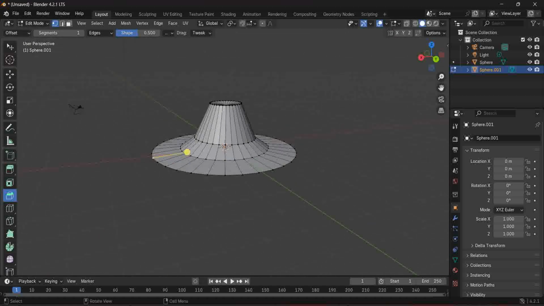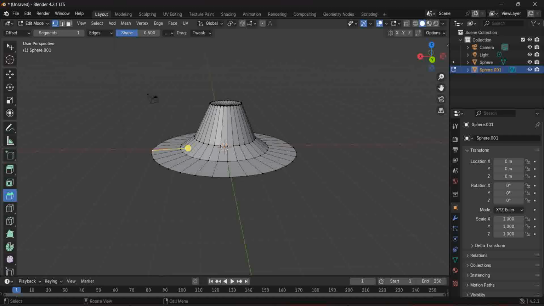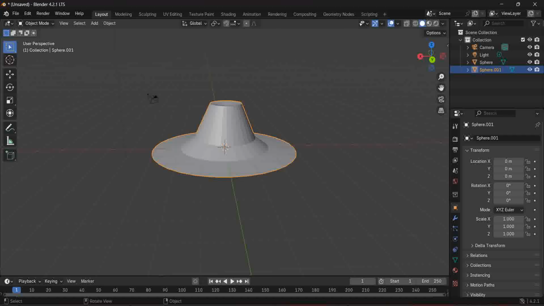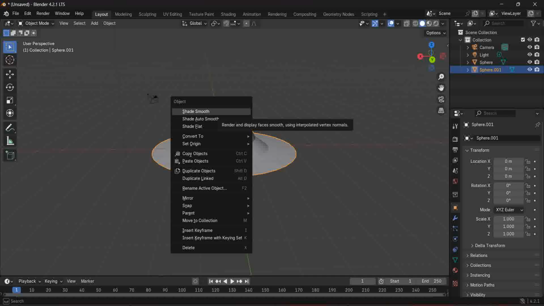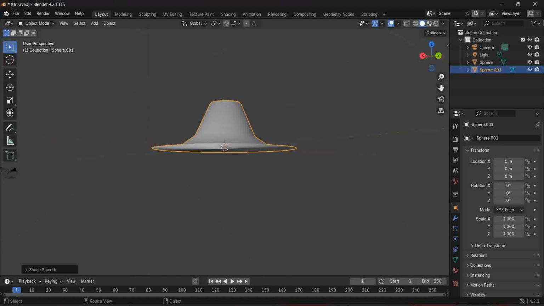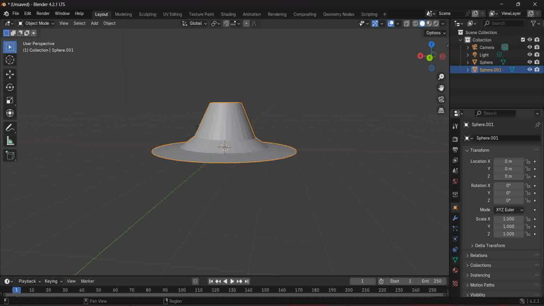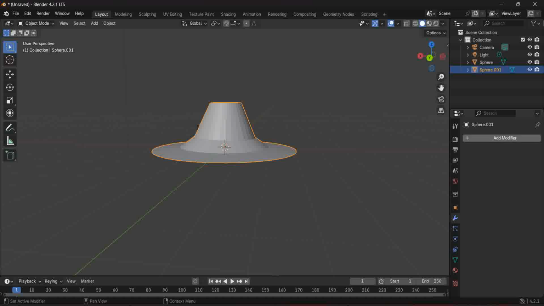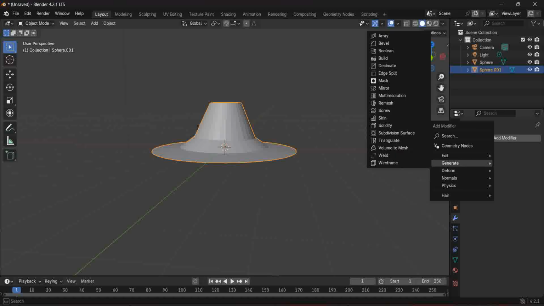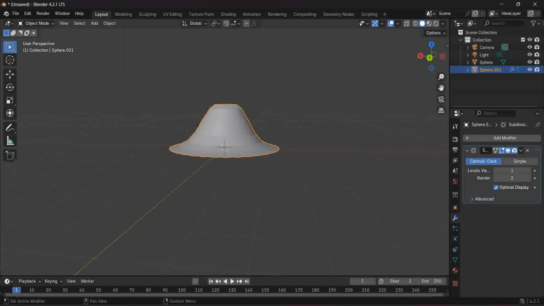Okay, so basically we want to make it more smooth now, so you go to object mode, click shade smooth, right click with the mouse on the object and shade smooth. With that you can see the object has become very smooth. The other way is that you can go and choose your modifiers here, add modifier, generate, where you see the subdivision surface. As you can see, if I increase the level of the surface, it will become smoother, right? And the rendering level we can also increase, no issue. So level 1, 2, you go and check